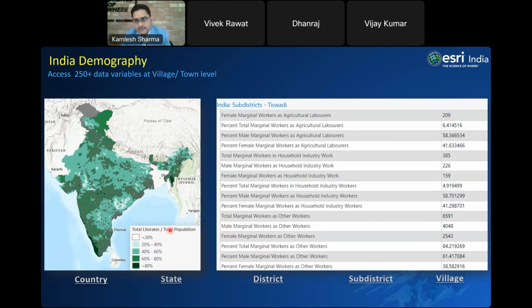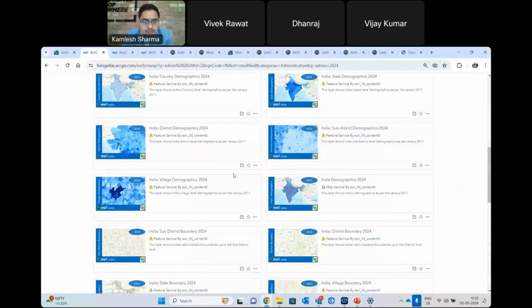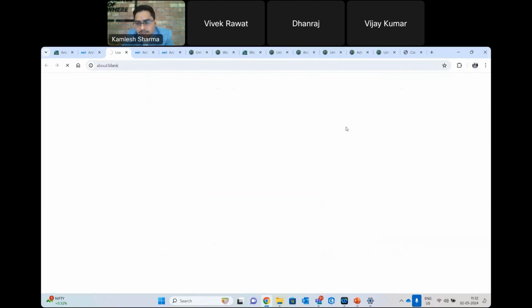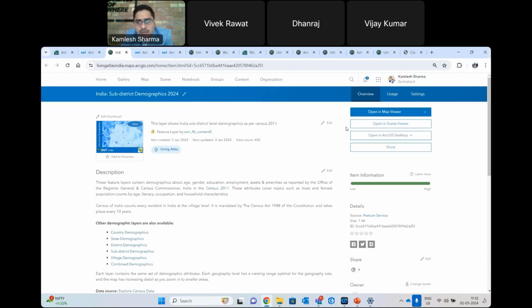So these are ready maps. You can simply go to these maps and add. So here suppose that I want to open this particular demographics map, and here I will let you know how you can add these layers